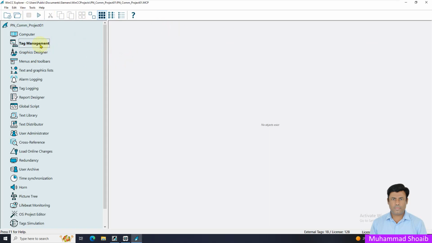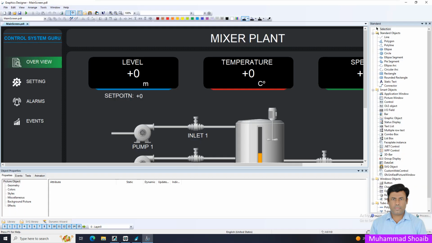So open the WinCC Explorer and then come into the Graphic Designer. We already developed this graphic screen in the previous tutorial. We'll open the same. So our Graphic Designer is open now. So I will select